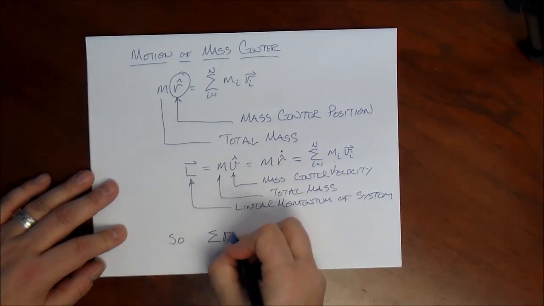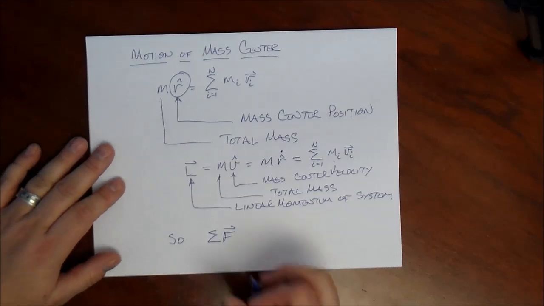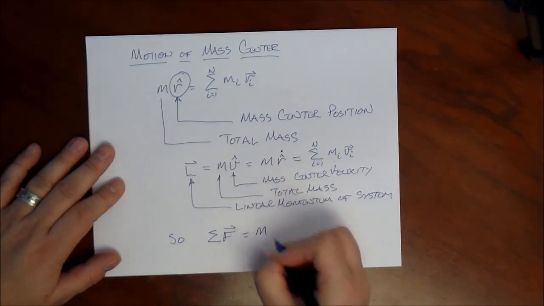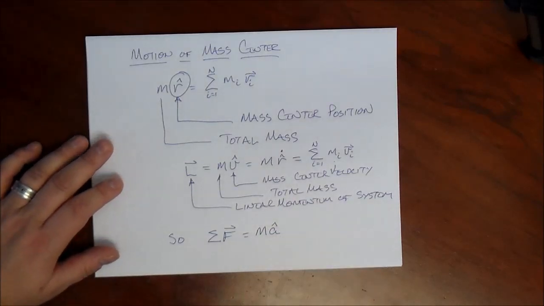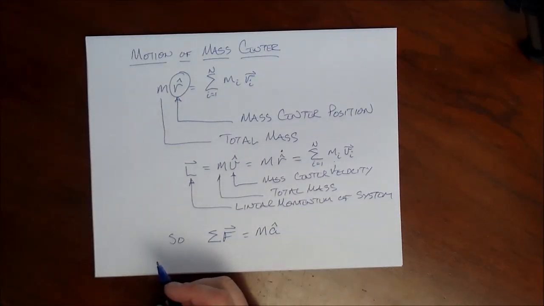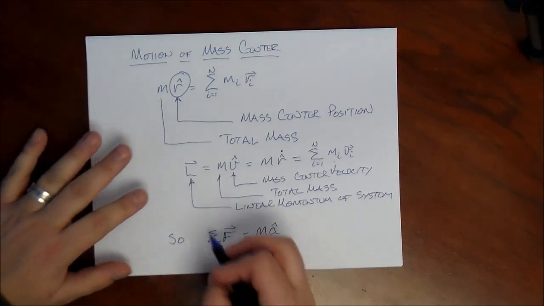So the sum for the system, the sum of all external forces acting on the system of particles, equals the total mass of the particles in the system times the mass center's acceleration. So what this equation says is